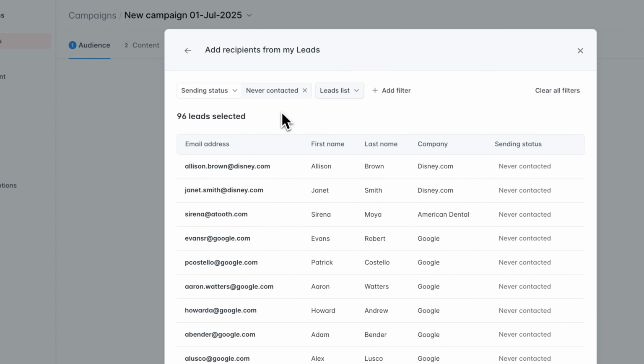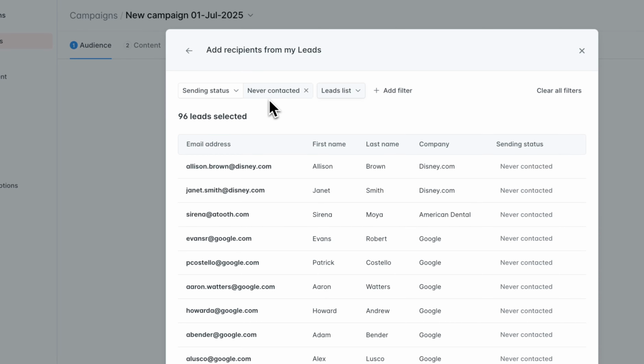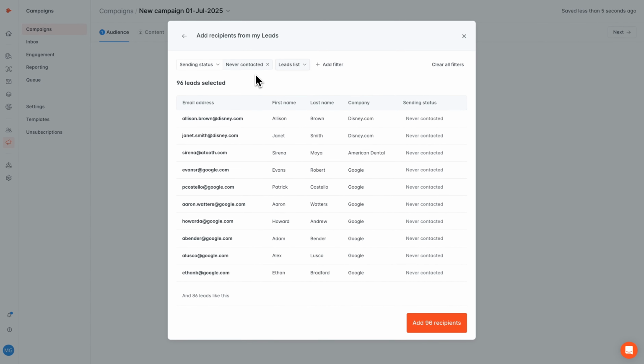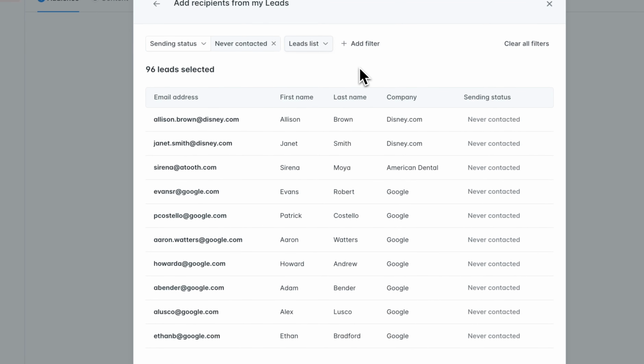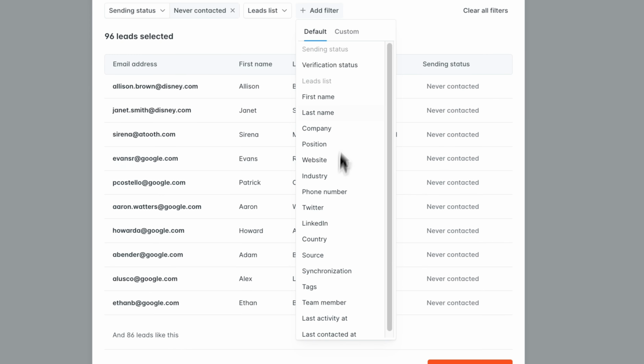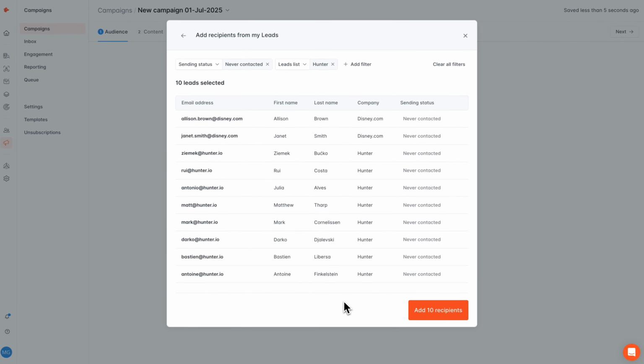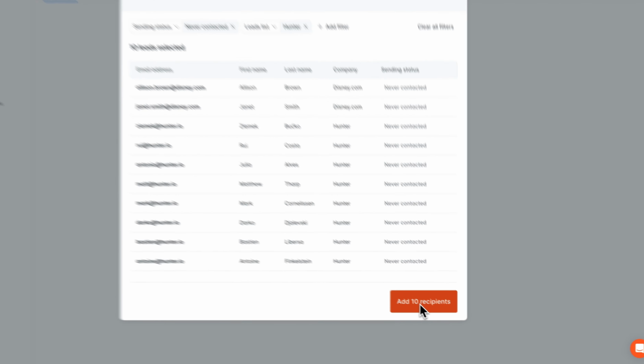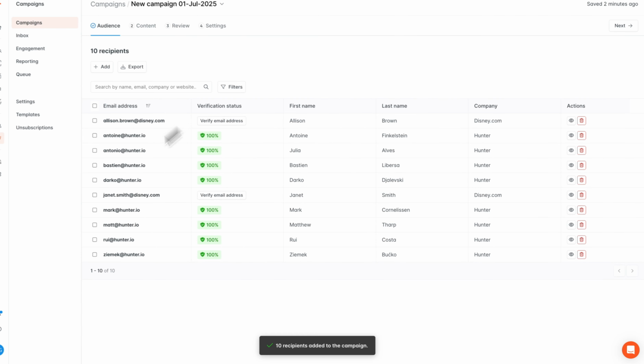Within this screen, we will automatically filter your leads by those who have never been contacted to make it easy for you to add new leads into new campaigns. That said, you can filter your leads however you'd like, based on the list they're in, or based on any other values that we have here. Once you're happy with the recipient list you see here, you can click Add, and you'll see your entire audience